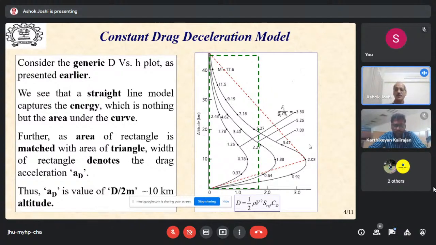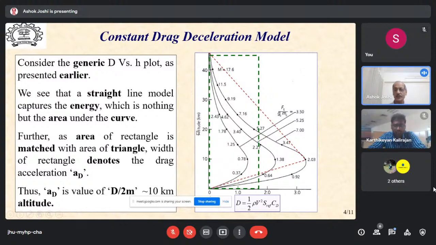What we are trying to do here is to estimate the total amount of energy that is going to get lost because of the drag. And this particular plot is such that it can be interpreted in the form of an energy which comes as the area under the curve,